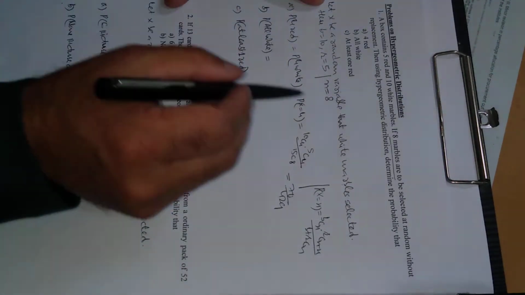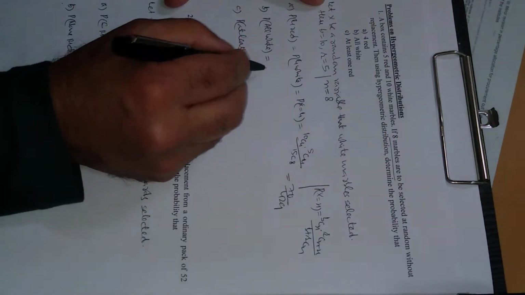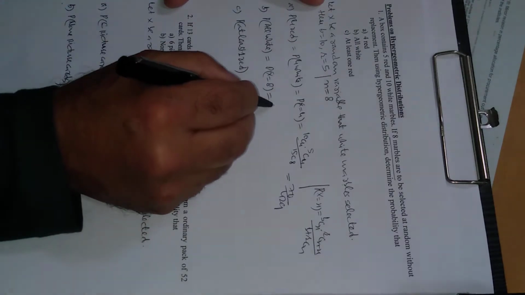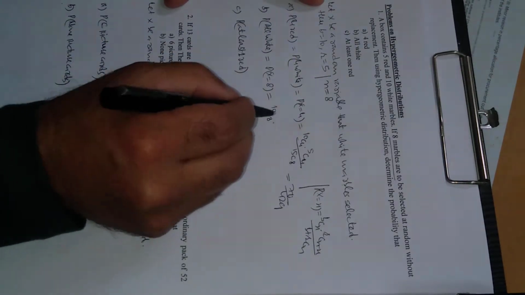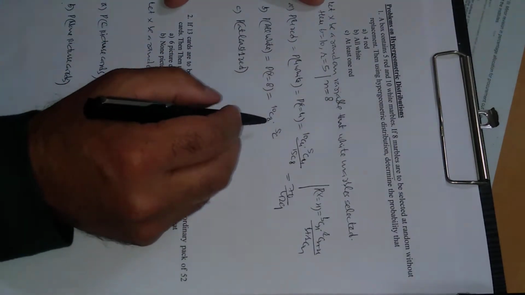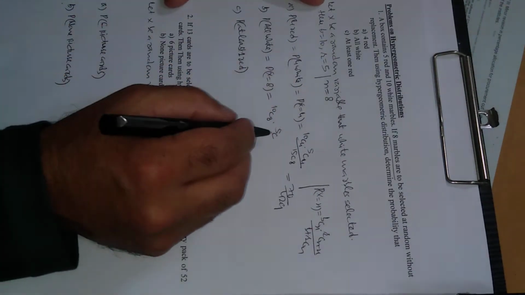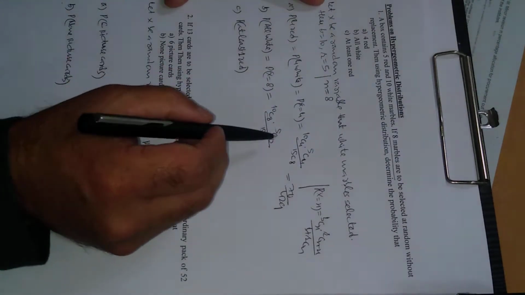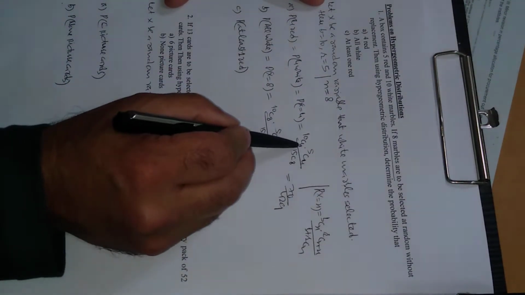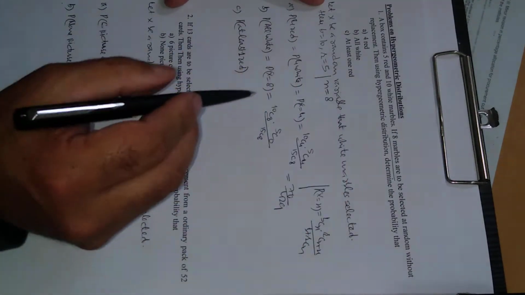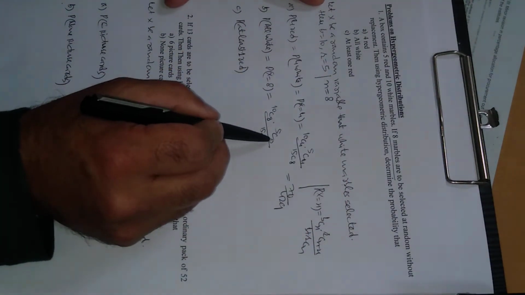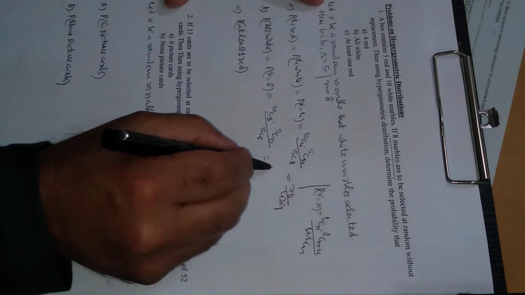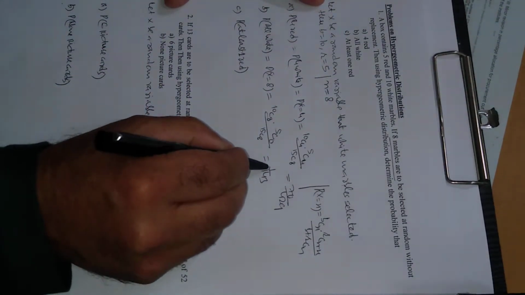Probability of all white: because 8 marbles are to be drawn, all white means x must be 8. Now again use this formula. b is 10, so 10C8. Next, r is 5, so 5C(8 minus 8), this will be 0, divided by the total 15C8. So you can check here, 4 white and 4 red make 8 marbles to be drawn. If all are white, there will not be any red marbles. On simplification this will come out to be 1 upon 143.